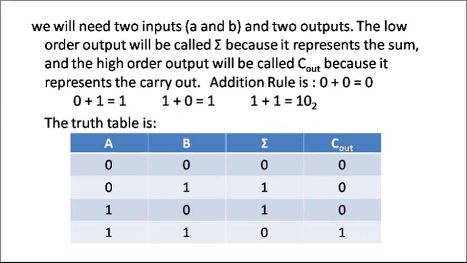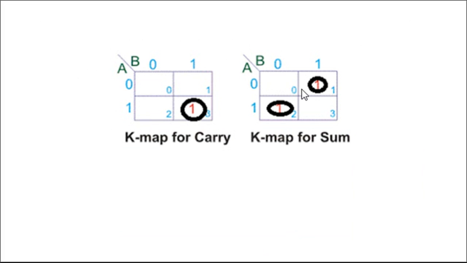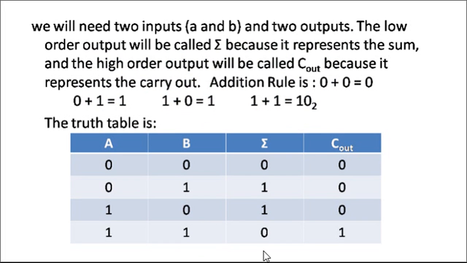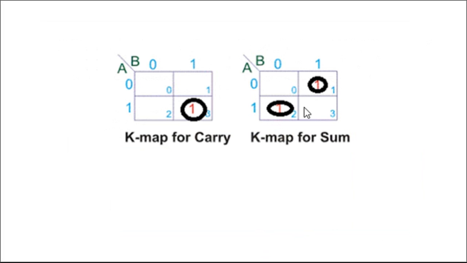Now next, the K-map for the sum. If you observe 0 1, at that time it is 1, and for 1 0, A is 1, B is 0, at that time sum is 1. So in these two locations, A is 0 and B is 1, and A is 1 and B is 0, it is 1, meaning the middle two cells. At that time sum is 1. Like this we can enter the ones. These are not adjacent cells. Cross pairing is not valid. So we make two individual groups.